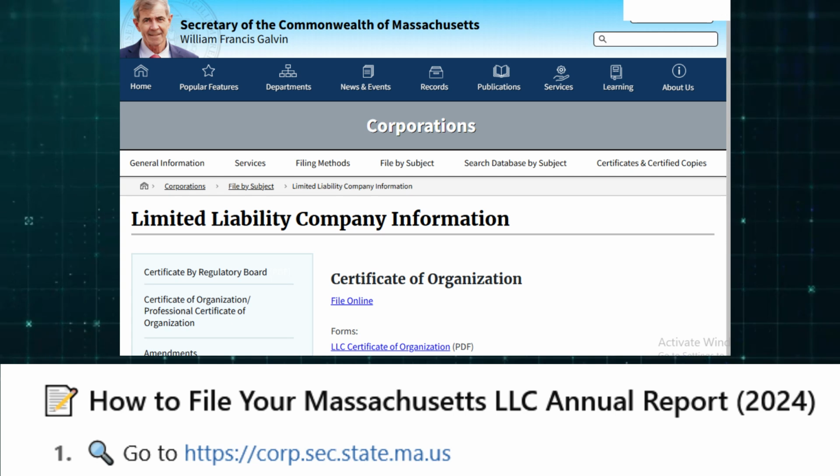How to file annual report for LLC in Massachusetts. To file an annual report for an LLC in Massachusetts, follow these steps. Go to the Massachusetts Secretary of the Commonwealth website, visit